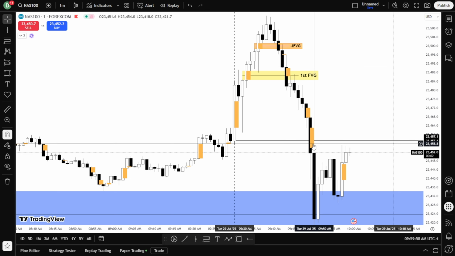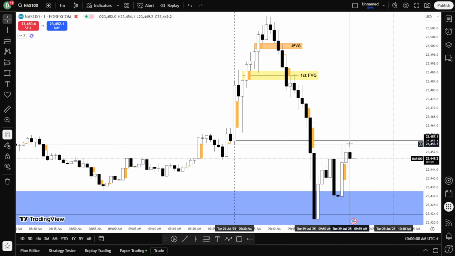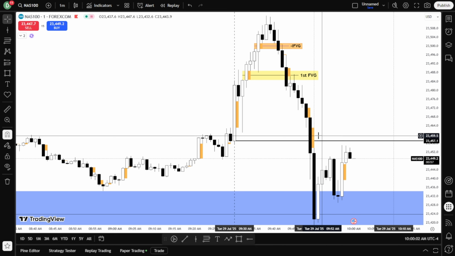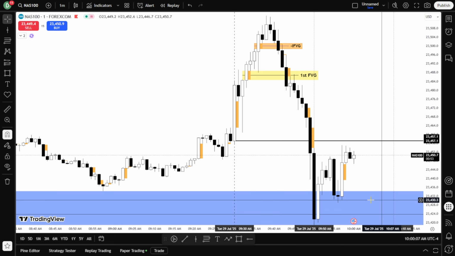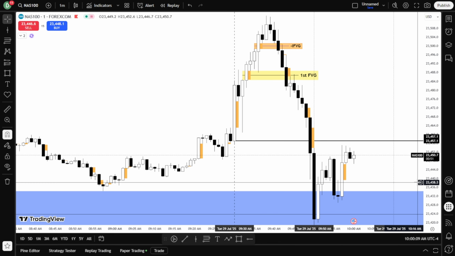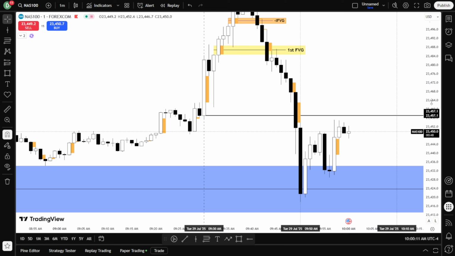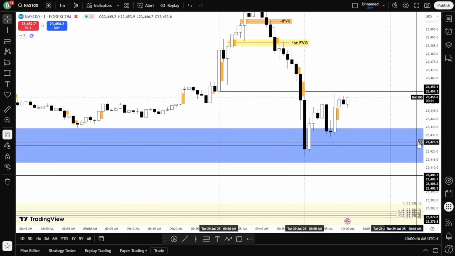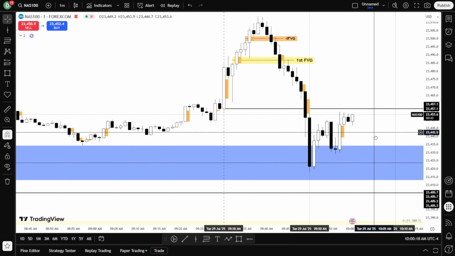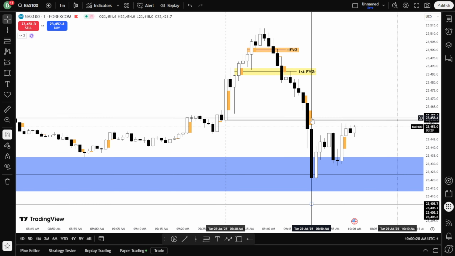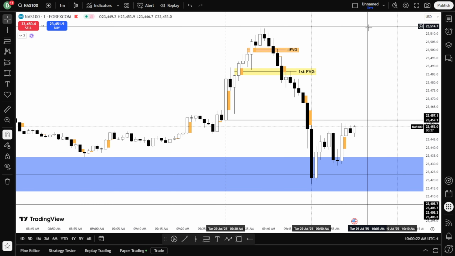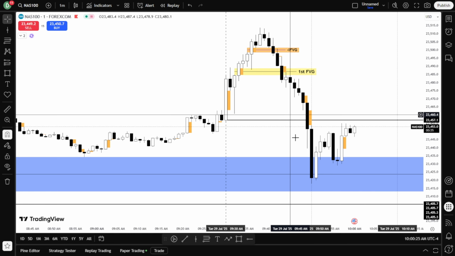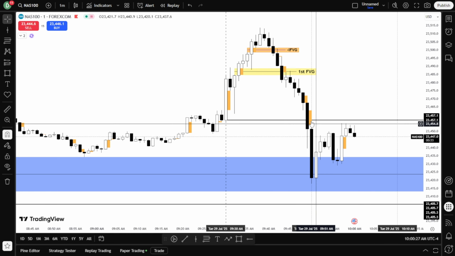Let's see if this gap will sustain the price. Sorry, if this gap has the potential to send the price lower. And yes, it's 10. Let's see now. Or it will just get completely broken on the upside and it will move higher, take out the people who are still in short. Or this gap right there,